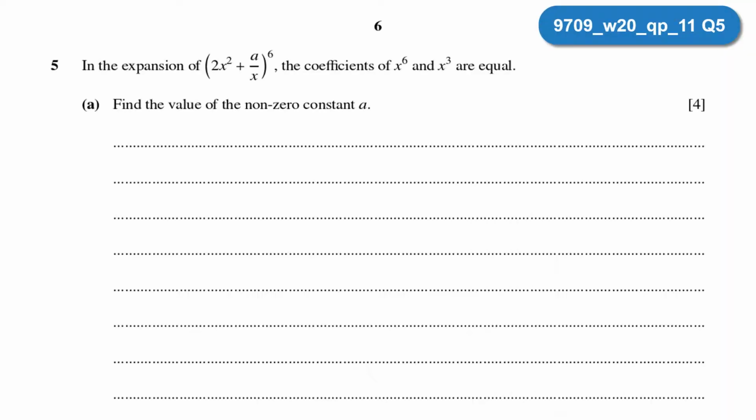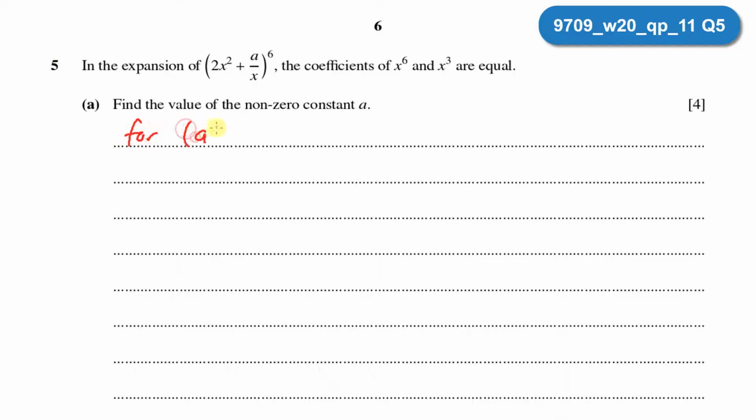Question number 5. In the expansion of 2x squared plus a over x all to the power of 6, the coefficients of x to the power 6 and x cubed are equal. So find the value of the non-zero constant a. So here we are going to consider